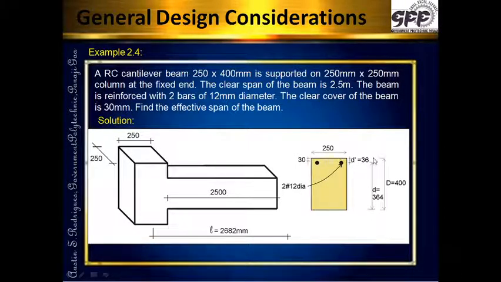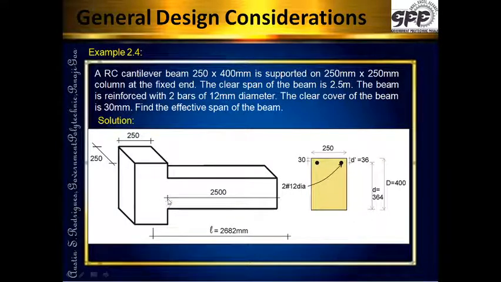Width is given as 250. Overall depth is 400. And now note over here, the effective depth is measured from the bottom to the reinforcement. From the bottom over here to the middle of the reinforcement, that is 364. Why from the bottom? Because this cantilever beam has compression at the bottom and tension on the top. Please note, simply supported beams have tension at the bottom, compression at the top. So over here it is exactly opposite and the things have been marked.